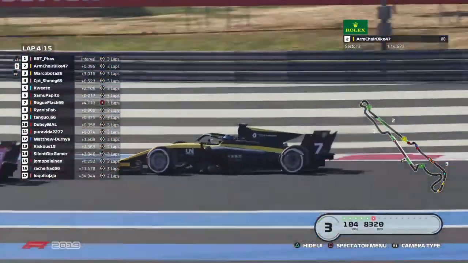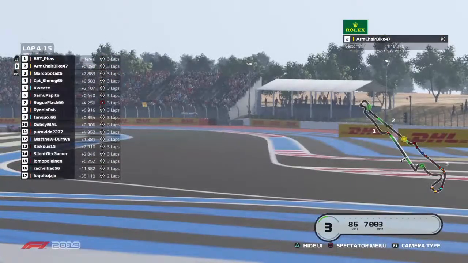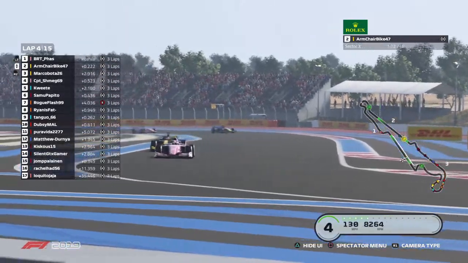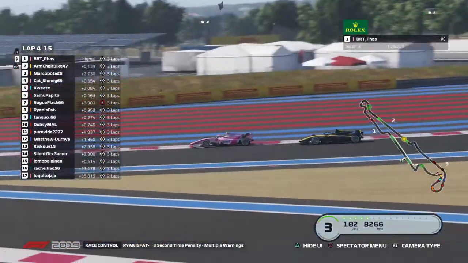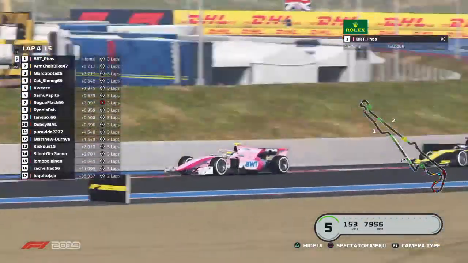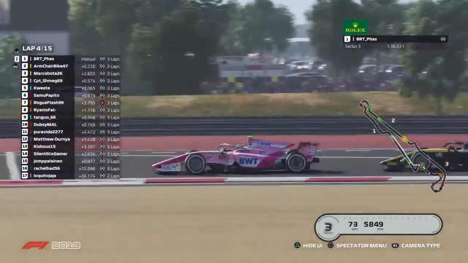But let's go back on board with the battle for the lead. Archer and BRT Fast battling it out. And a little squirrely there from Archer, but BRT Fast does get by him. Still not over yet though. Ryan does have a 3-second penalty for multiple warnings. Armchair Bike, though, and BRT Fast are still battling it out. Big lockup there from BRT. Of course, these